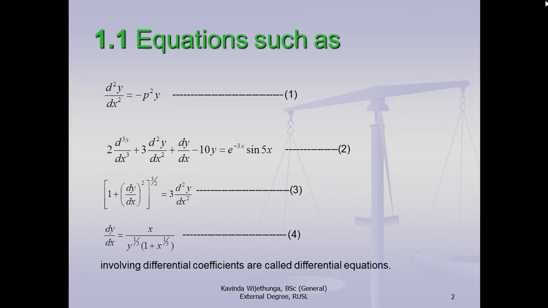So equations such as d squared y over dx squared equals minus p squared y, these types of equations we call differential equations, because they involve differential coefficients. So you know that if we consider these two,